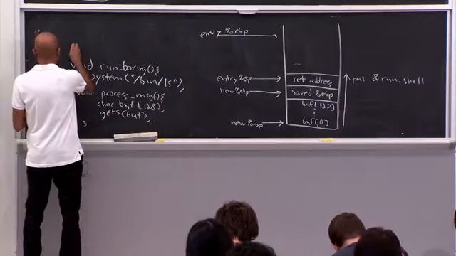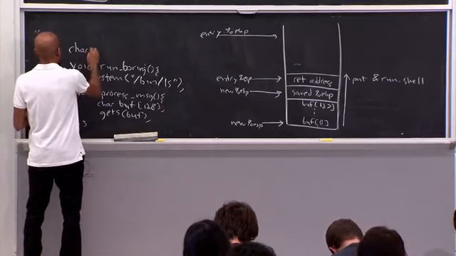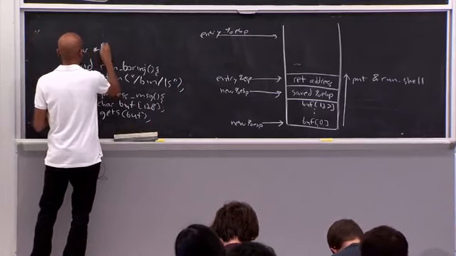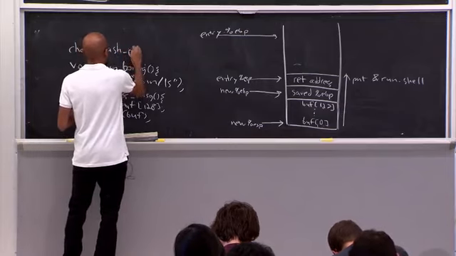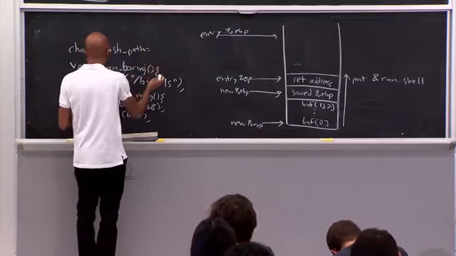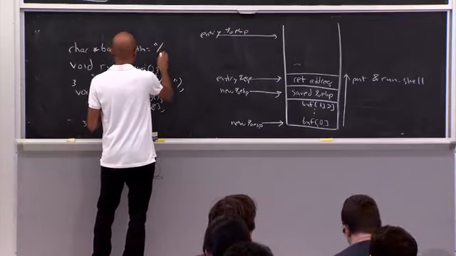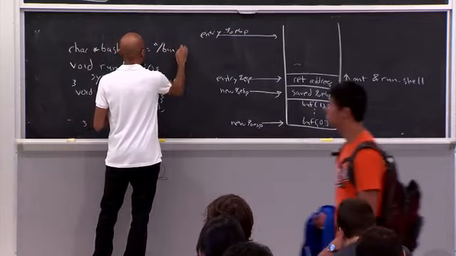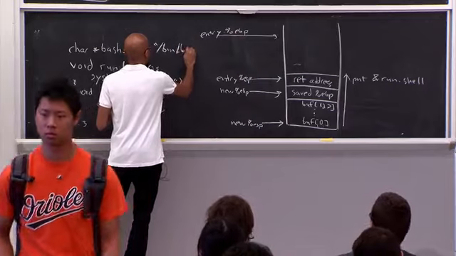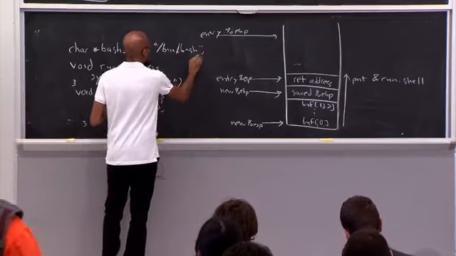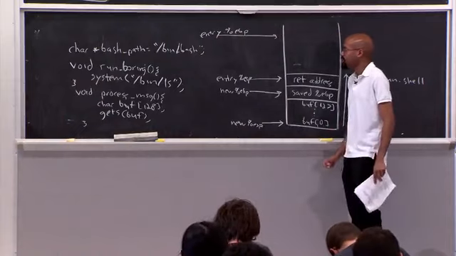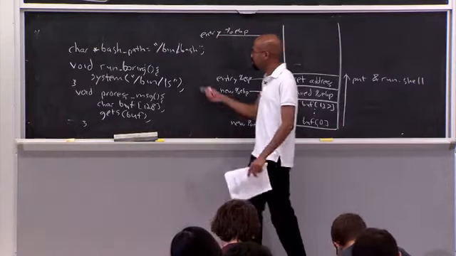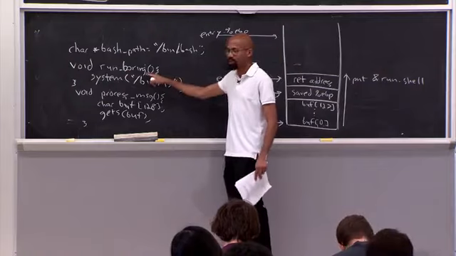But let's say that everything is not completely lost because we actually have a string up here that conveniently gives us the path of bash. So what's interesting about this is that we can disassemble the program, find the location of run boring, but as